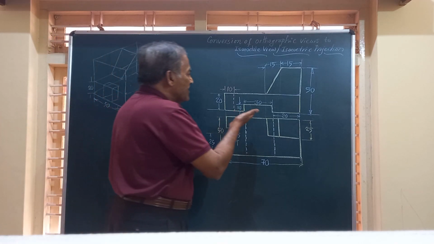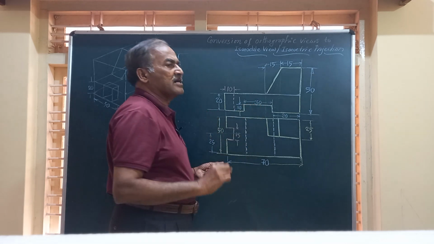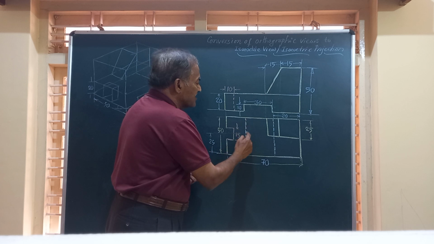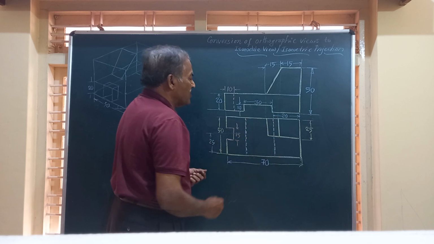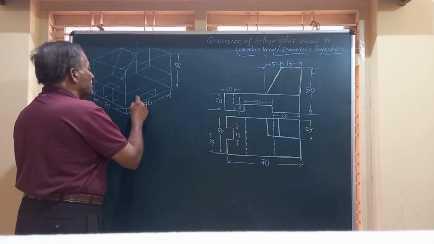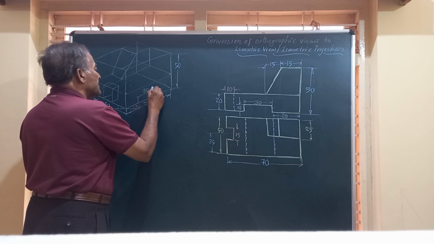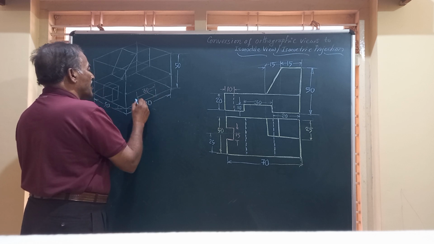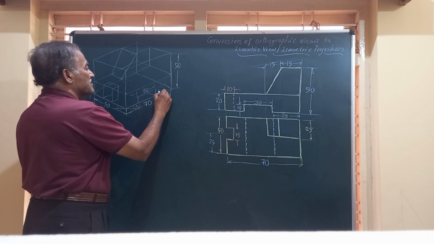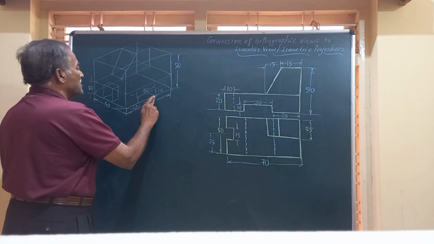And there is a rectangular slot of length 30 and height equal to 10 cut throughout, and that is represented by these two dotted lines in the component. Friends, I have shown them here by a rectangle of width 30 and height equal to 10. This is 10 millimeter height. That can be seen here in the front view. There is a slot cut throughout. And friends,